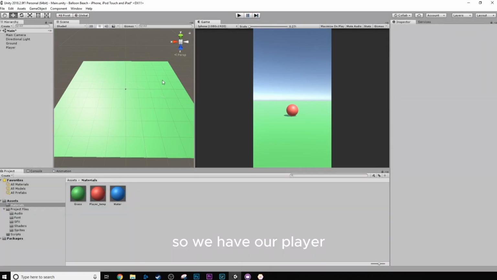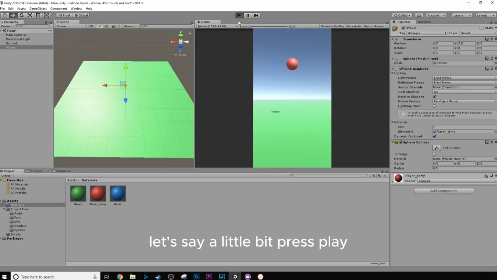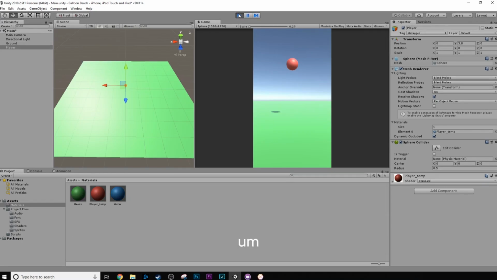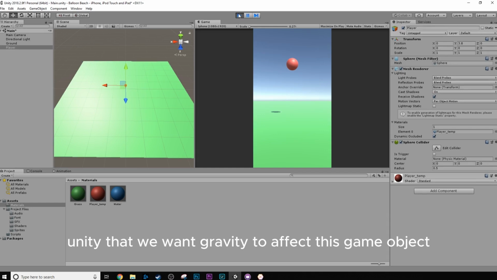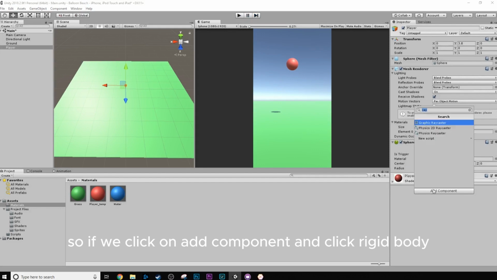So we have our player, and our player just sits there, nothing happens. That's because we haven't told the character to do anything. If we drag the character up a little bit and press play, nothing happens either, because we haven't told Unity that we want gravity to affect this game object. It's really easy to do that inside of Unity. We can just add something called a rigid body. So if we click on Add Component and click Rigid Body,